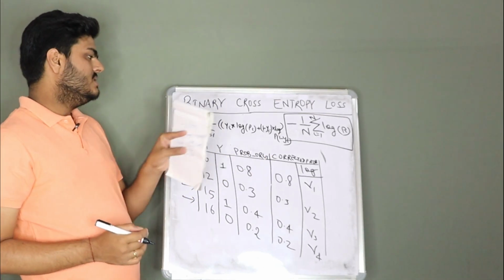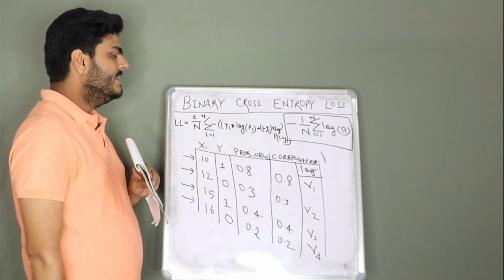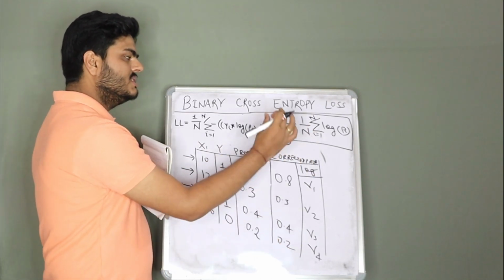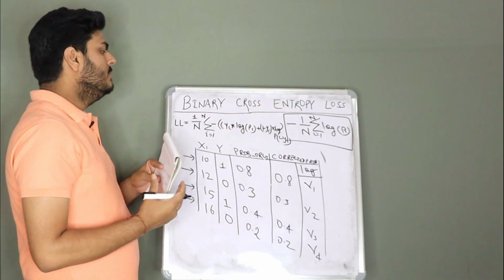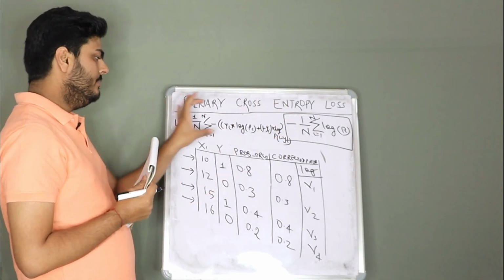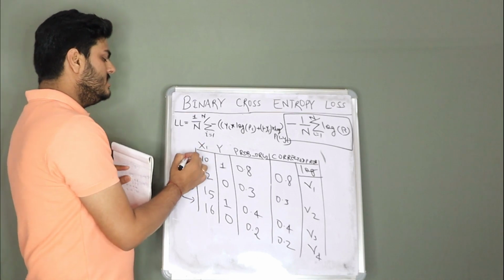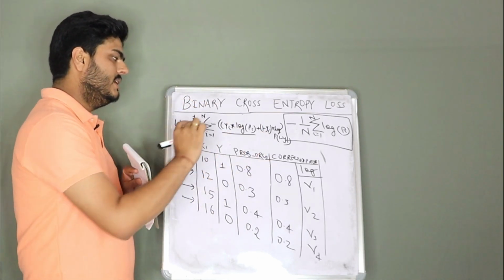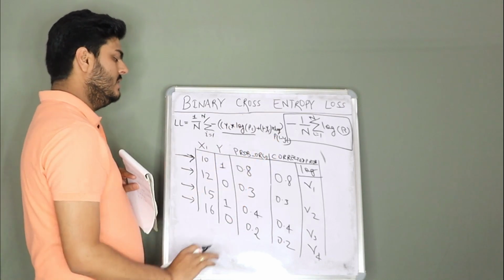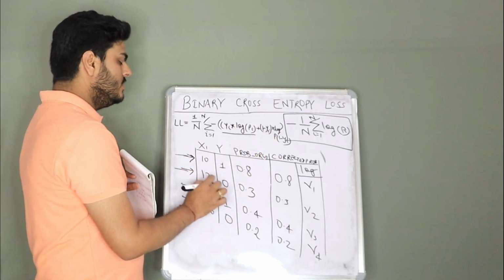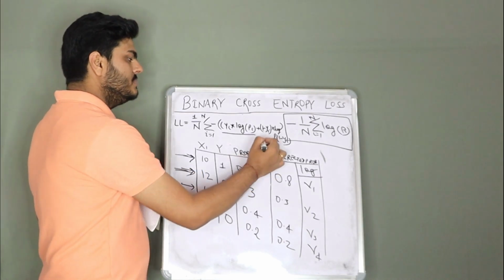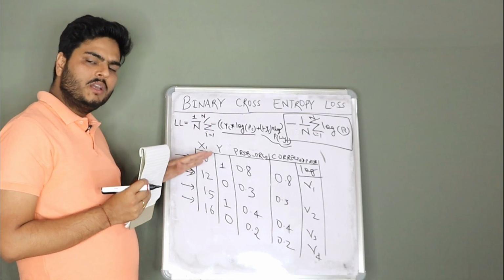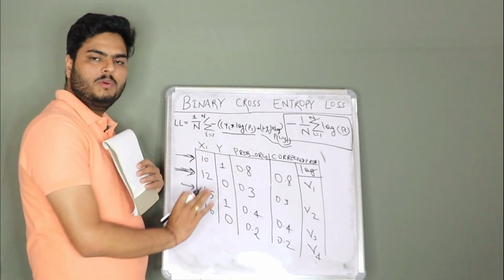Now how this function is similar to that function is, here we have computed the corrected probabilities, and hence we are able to sum this together in one shot. But here it's a generic expression. Suppose this observation is a class 1 observation, so this part of the equation becomes active and the other part does not work at all. This part is a 0 record row, so this part becomes active, this part does not work at all. So more or less the same thing, no concept of corrected probability here.